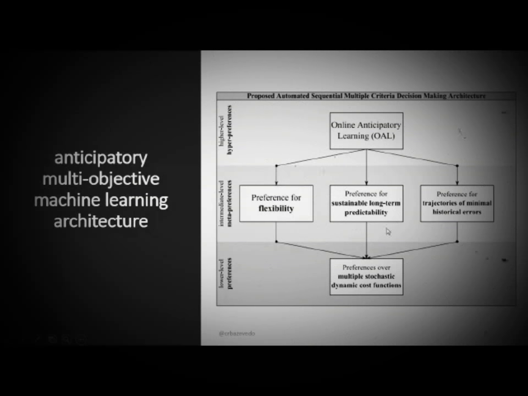So if then the problem becomes, okay, I have these meta preferences that I'm claiming can be used to automate and to define and automatically select preferences in the lower level, but how do we automate now this middle layer?